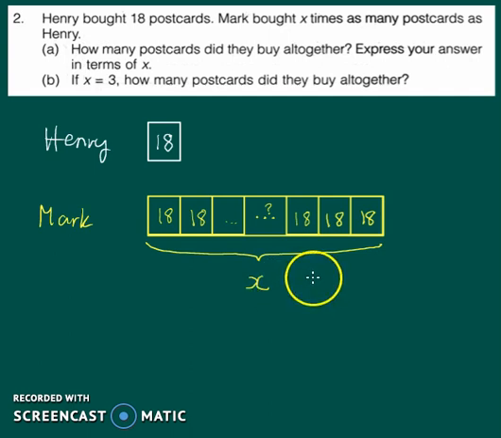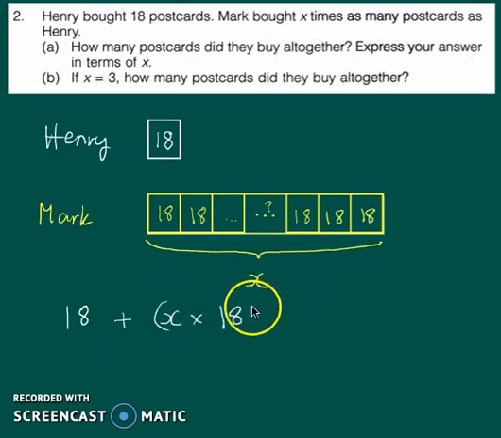bundles of 18 postcards. So in part A, we're asked how many postcards did they buy altogether, and we have to express our answer in terms of X. So let's count the bundles. We know that Henry has 18 postcards, and then we know that Mark has X bundles with 18 postcards in each bundle. We can also write this as 18 plus, well, what's another way to express X times 18? You can just say